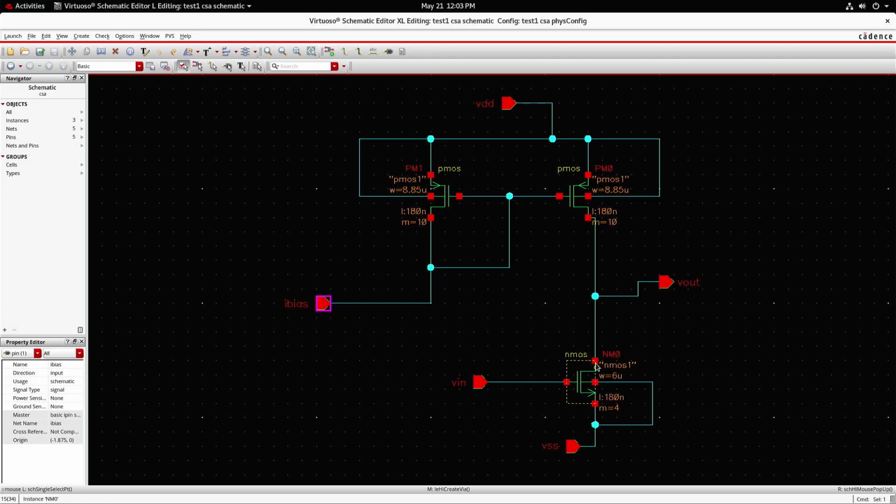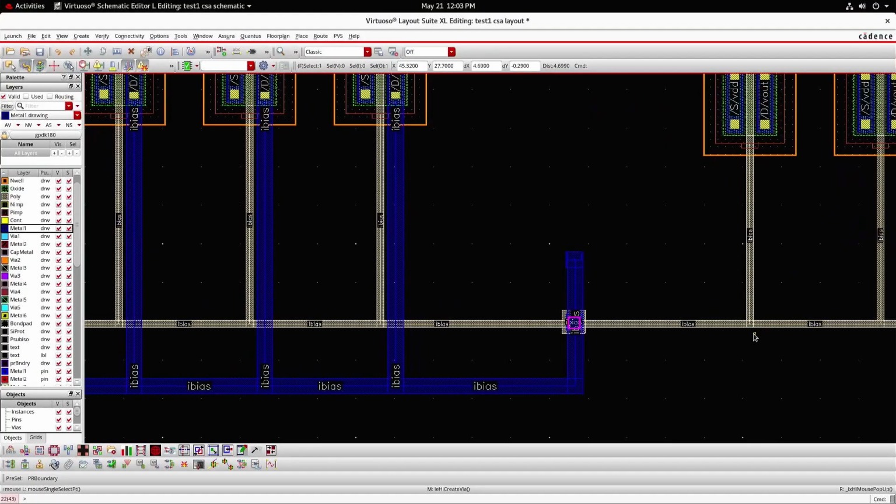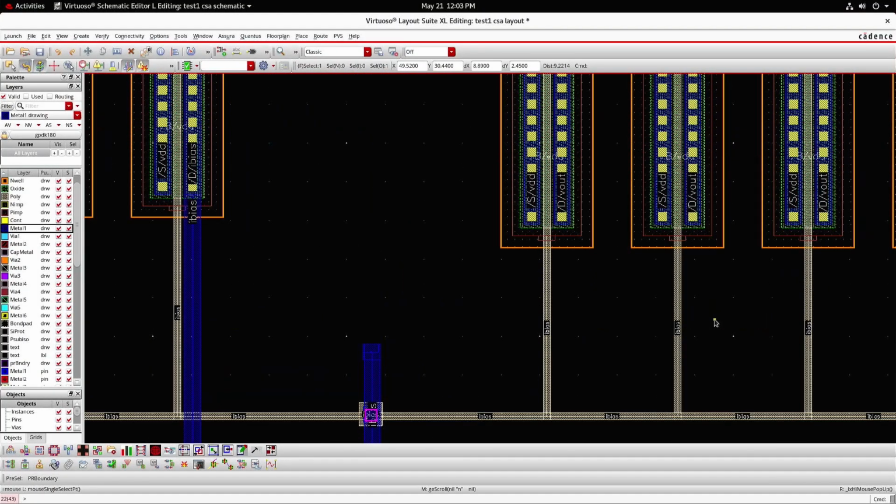The leftover connection is that the drains of all the PMOS transistors should go to the output. Drains of all NMOS transistors should go to the output. But here I can't short them directly, because there are 10 drains from PMOS as the multiplier is found to be 10, whereas for NMOS the multiplier is only 4, therefore 4 drains will be there. Hence I am going to short all 10 drains of PMOS. That is done by clicking on P and shorting all 10 drains.